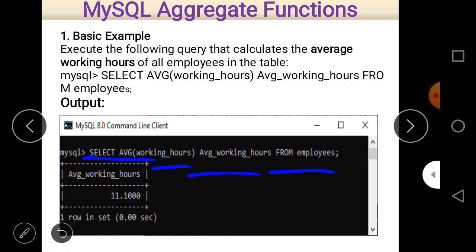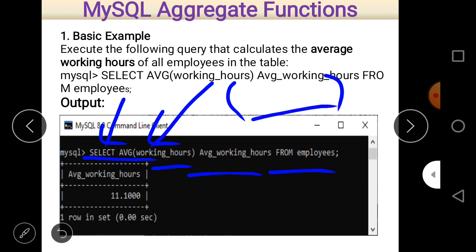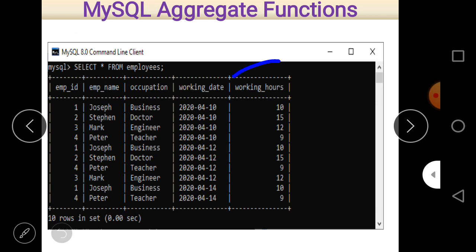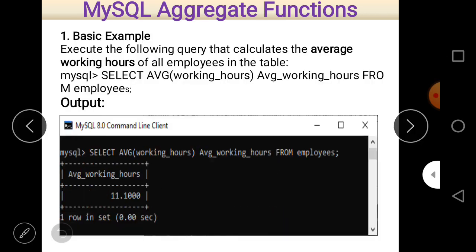You can see here that the select command is used, and with that select command the average function is used, and within the parentheses the name of the column is given, and the name of the column is working hours. After that a name is given. Actually this is a name,